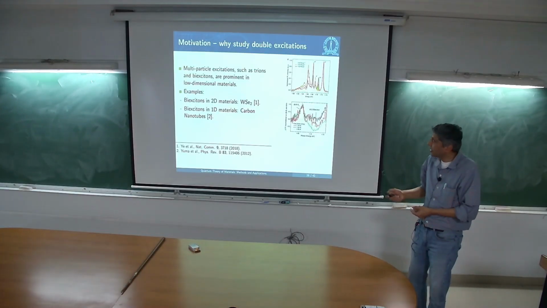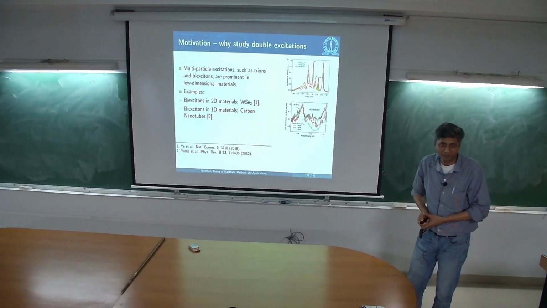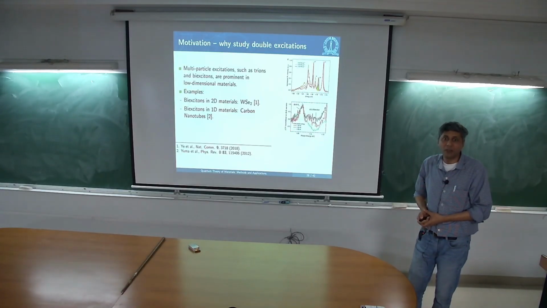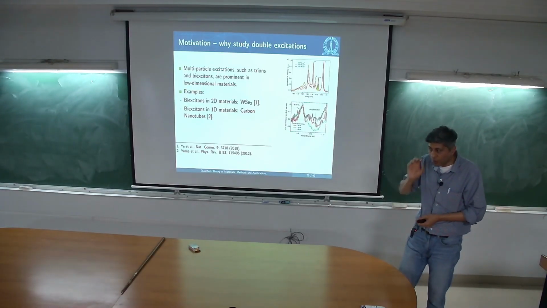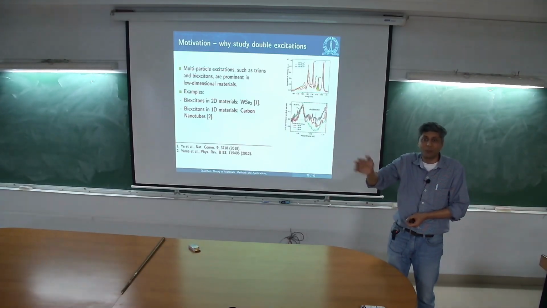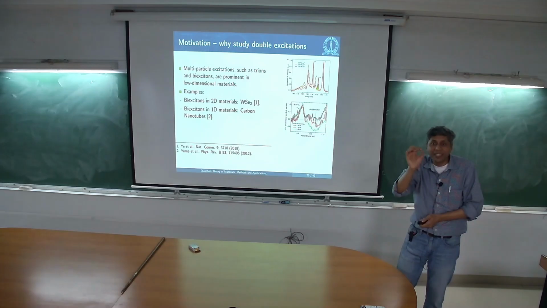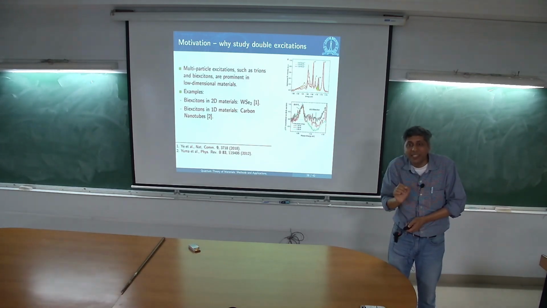The oscillator strength is changing, or a new state which wasn't there before is developing over here. So when you increase the intensity, a new feature shows up in the spectrum, which we believe is assigned to biexcitons, and which wasn't there when you were only in the linear regime.